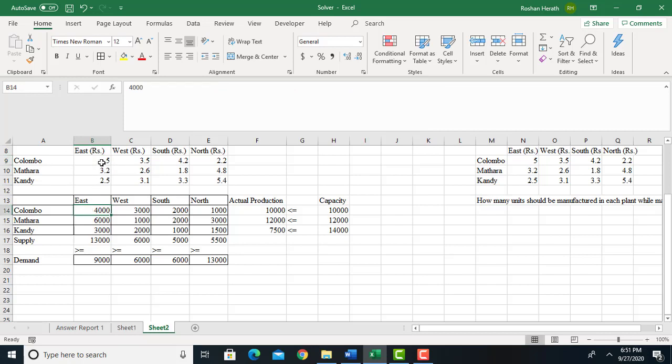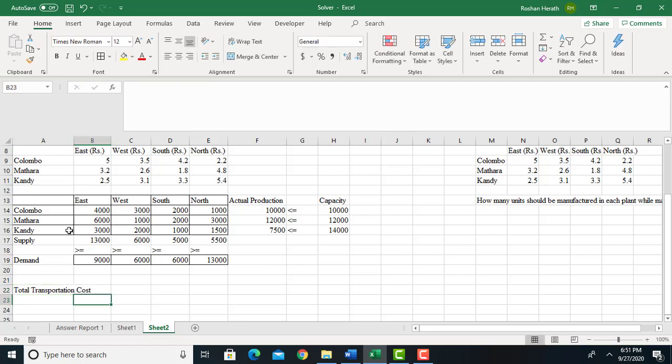For 4,000 it's 4,000 into 5, which is 20,000. Colombo to west is 3.5 multiplied by 3,000, and you would get that cost. So in order to figure out the total delivery cost, the total transportation cost,